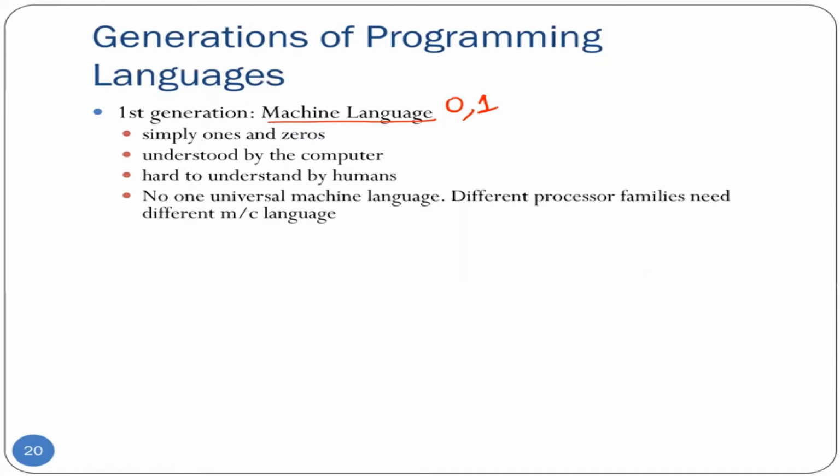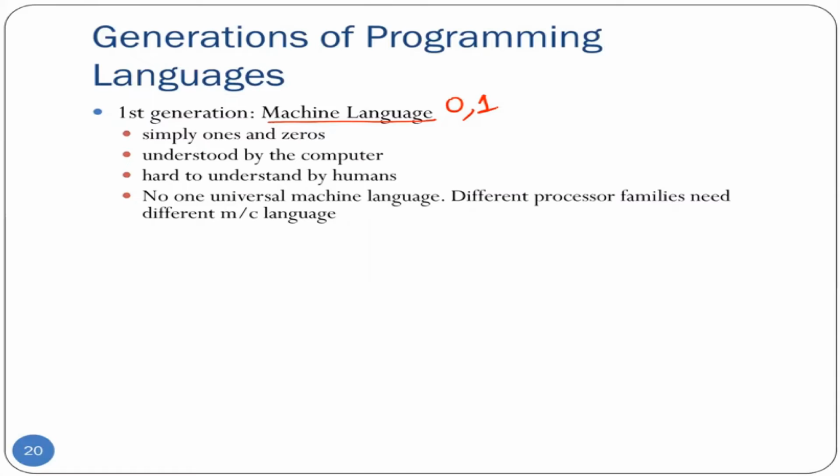Well, this has some advantages. The main advantage is that because the computer can directly understand the program written, no translation is needed, so no translation overhead. It's fast. But there are obvious disadvantages here. The most important disadvantage is it is very hard for humans to understand the machine language, the zeros and ones. We humans are only good with natural languages, not with zeros and ones or strings of numbers.